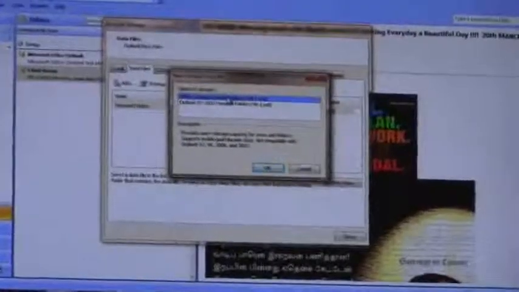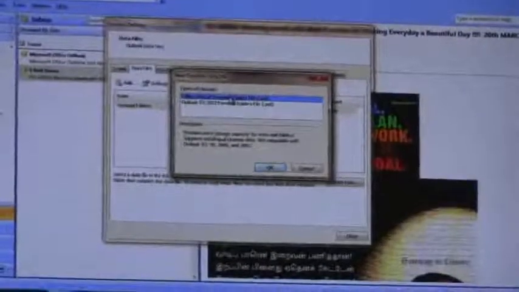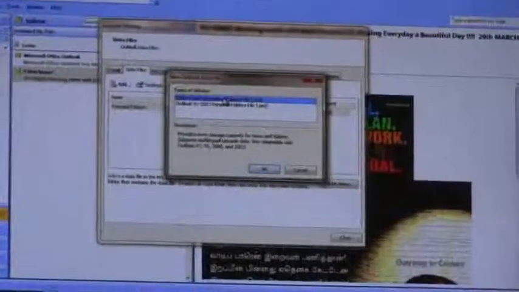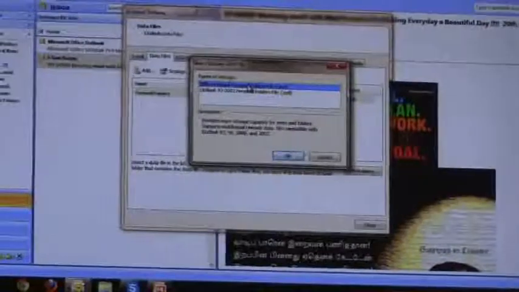Select Office Outlook Personal Folders File, because the default size is 20 GB, so we can store up to 20 GB. In Outlook 97-2002 we can store up to 2 GB.